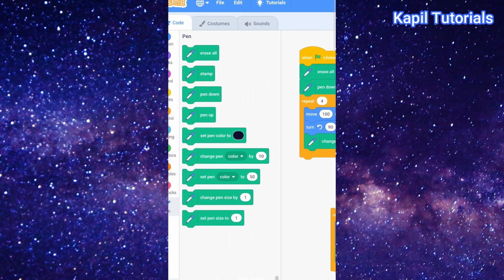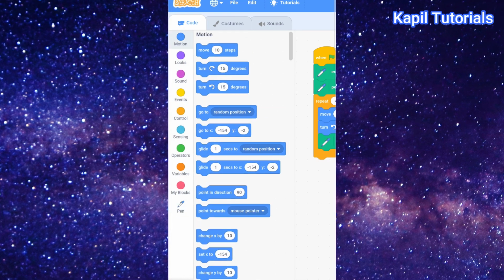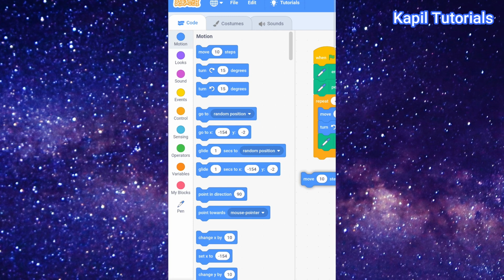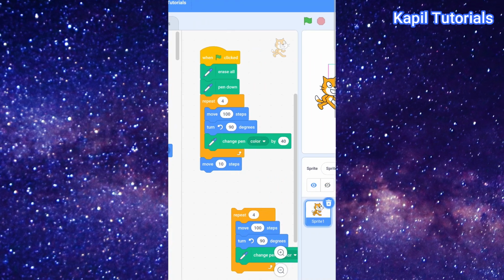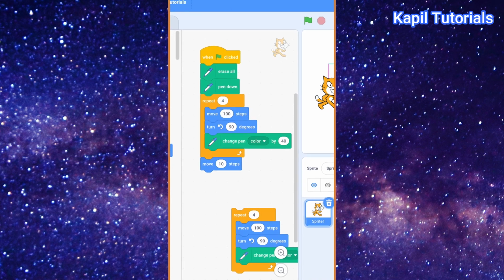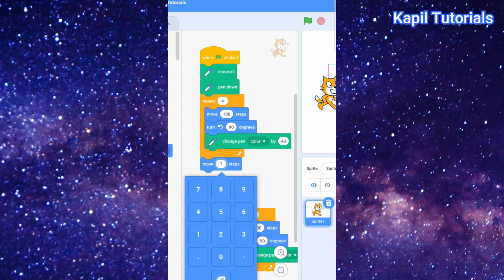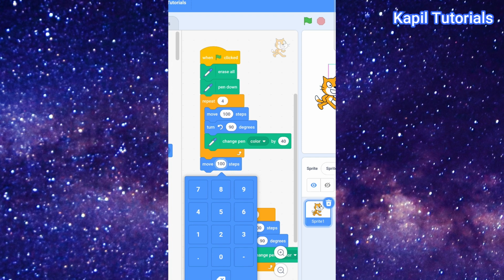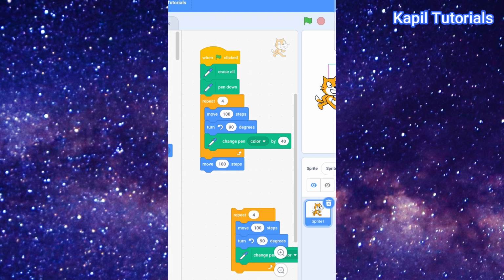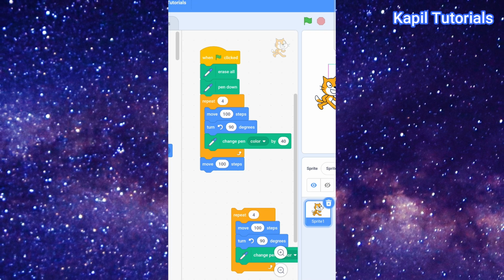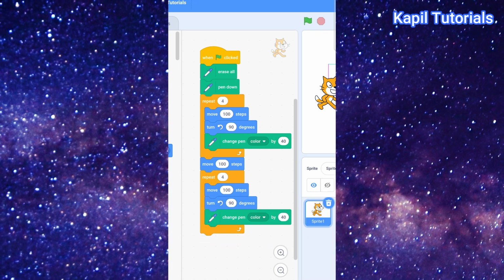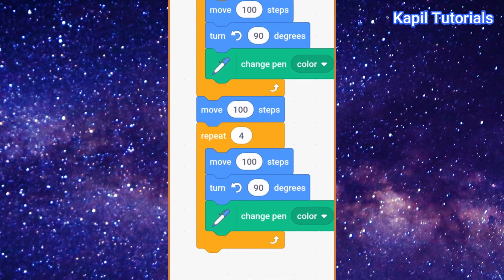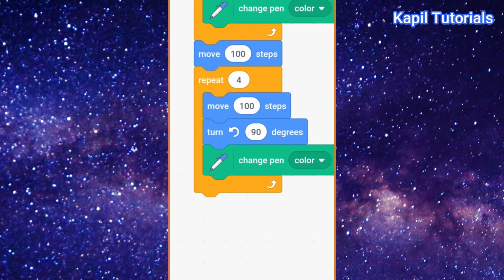I'll go to the motion block and use the move command here. I'll make it 100 because in my square all sides are of 100 steps. Then I'll join this command. So it's like this now: move 100, and then the same set of commands.